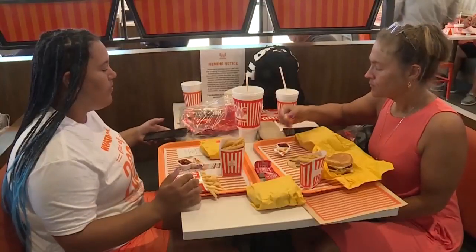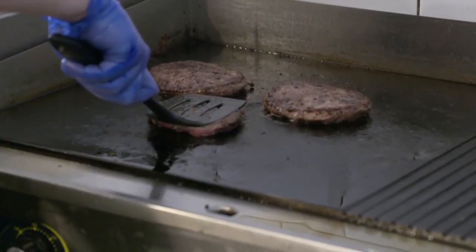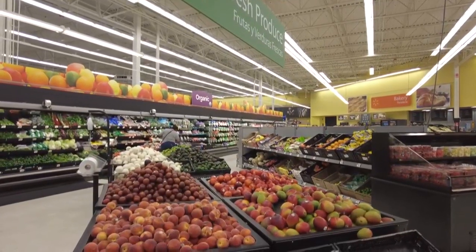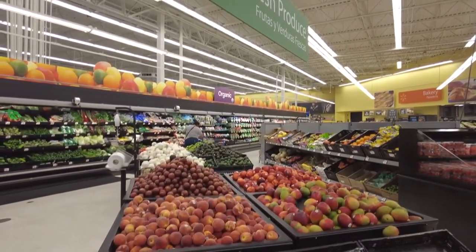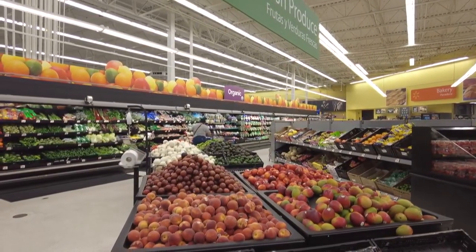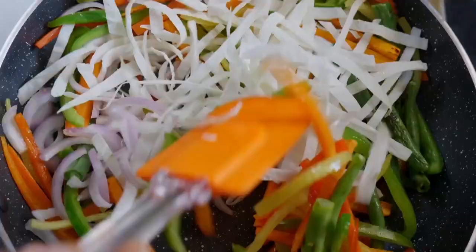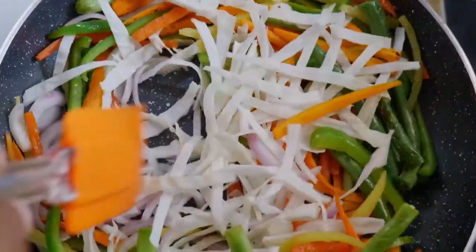in CR's tests. One reason fast foods may have such high levels is that they're often prepared by people wearing vinyl gloves, which are known to be extremely high in these chemicals. Try to eat fresh, minimally processed foods like unpackaged fruits and vegetables, which have fewer opportunities to touch things like phthalates. Stick with wood, stainless steel, and silicone kitchen tools, and swap out plastic water bottles for bottles made out